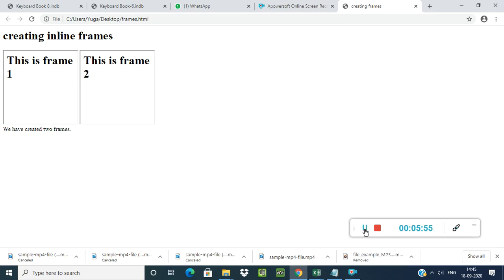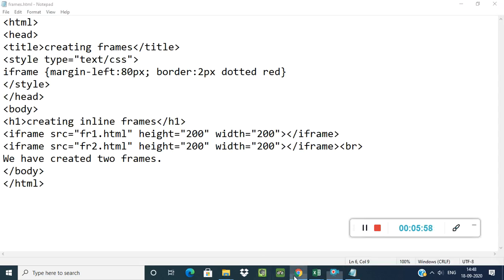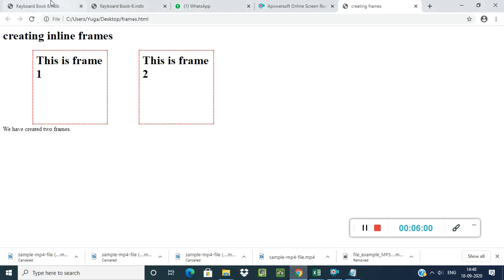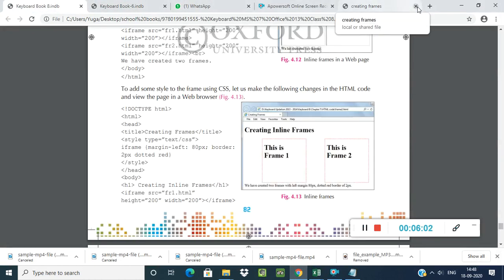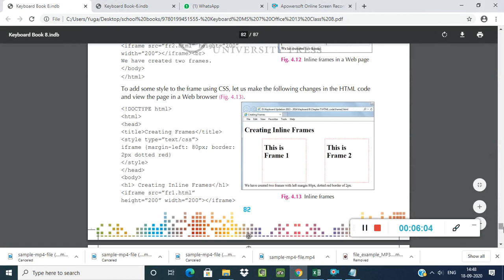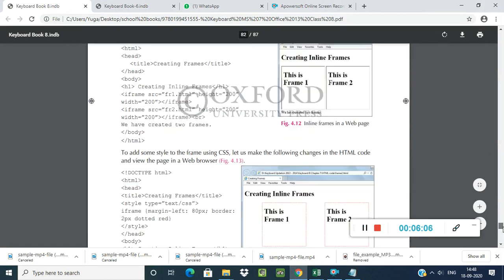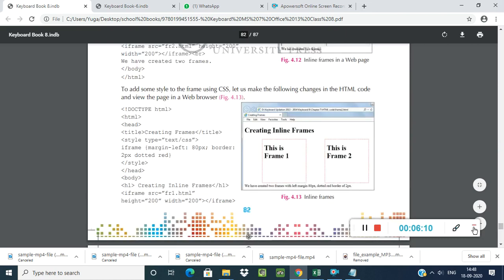Okay students, now the next is, if you want to give space between these two frames, you can give the space using the style type CSS. CSS is a cascading style sheet.